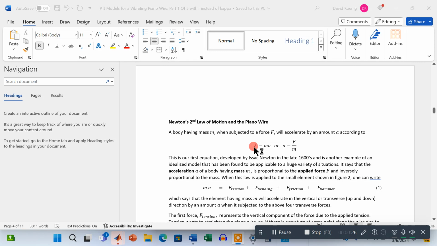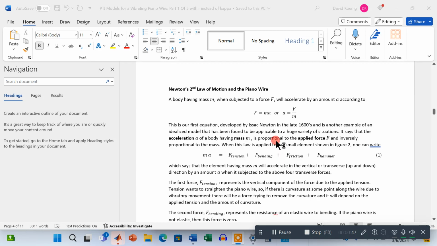right here. This is Newton's second law, and it is F equals ma, or a is equal to F divided by m, where F is the force, m is the mass, and a is the acceleration of the mass. Equation 1 here